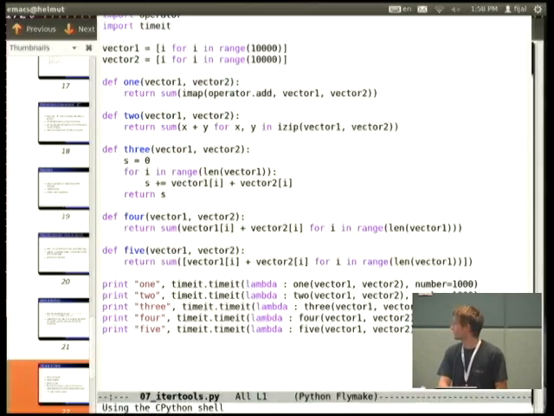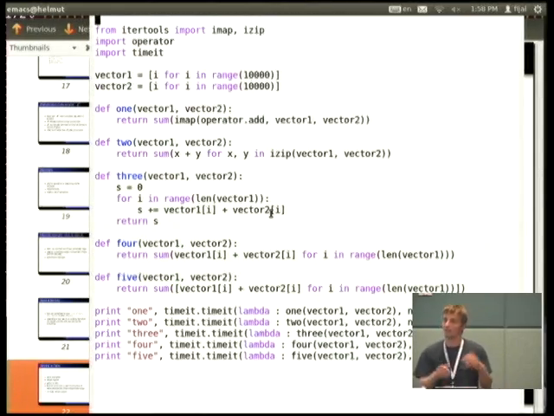So I have a usage of itertools. I'm sure there are people who would disagree with me, but I claim the third is the simplest from the JIT perspective. You take two vectors, and there are several ways to write it down. Everybody will come with a different solution, but we promise you that the third one will be among the fastest. The JIT is complete by design, so it will JIT all of them, but every now and then there will be some obscure detail, and one of those will be slow. So this is a very important thing. If you write simple code, it will run fast. If you write complex code, it might run fast, but you actually have to measure.